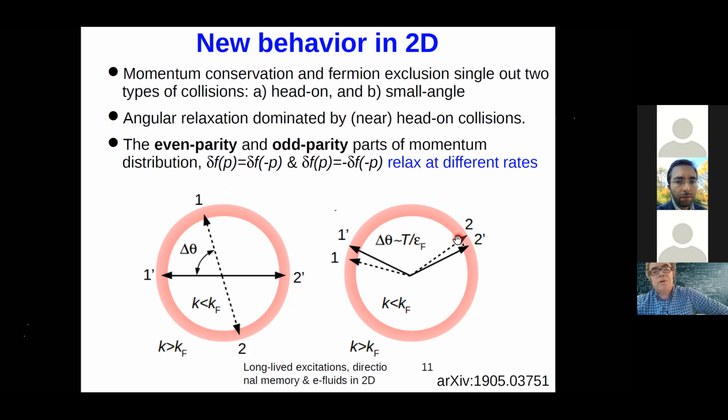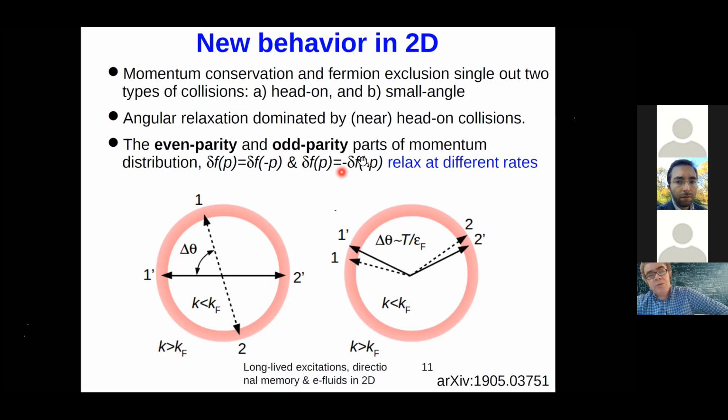Thinking about which processes contribute to relaxation of the even ones and the odd ones, you realize that the even ones will relax due to head-on processes, and the odd ones cannot relax due to head-on processes, because if you have a particle here, then in the odd distribution function, a particle here must be accompanied by a hole here, and then the particle will have nothing to